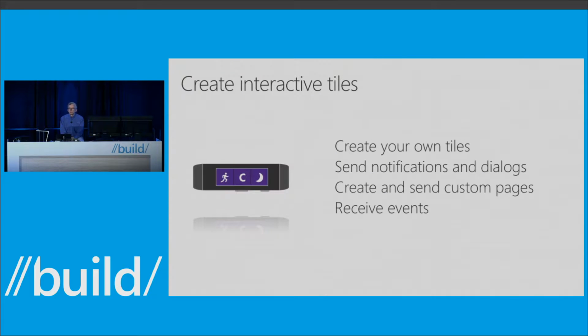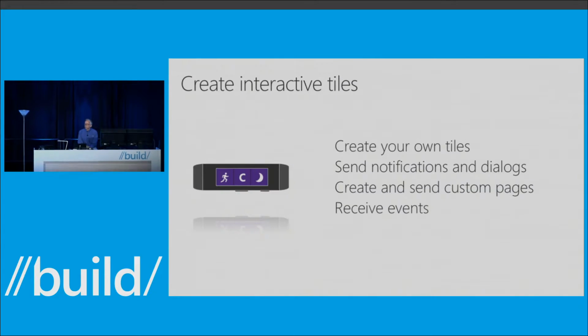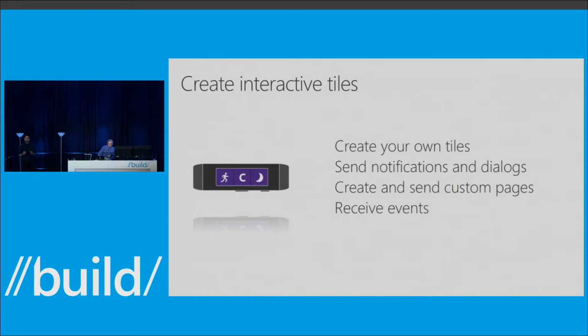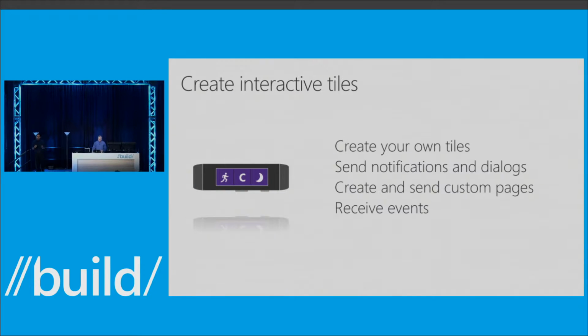So that was about sensors. As you saw, getting data from the Microsoft Band sensors does not require you to create anything on the Microsoft Band. You can use your application on the phone, and it can just stream data from those sensors, and you can use that data however you want. But if you want to use the Microsoft Band's display as an auxiliary display, you would want to create tiles on your band. Once you create the tiles, you want to send content into those tiles.